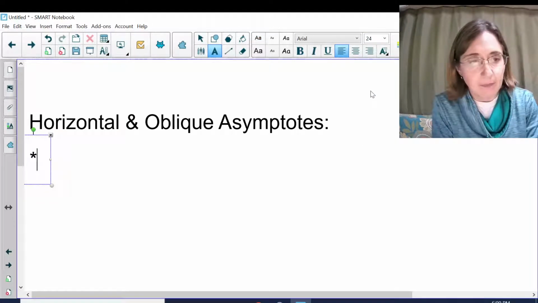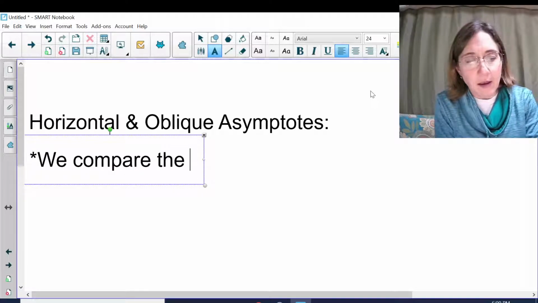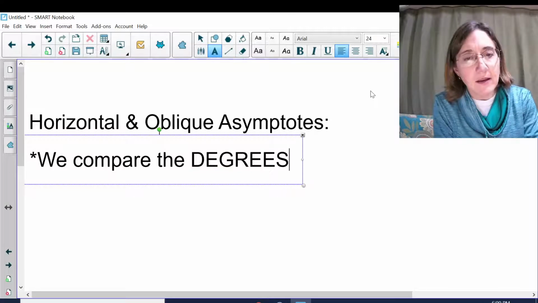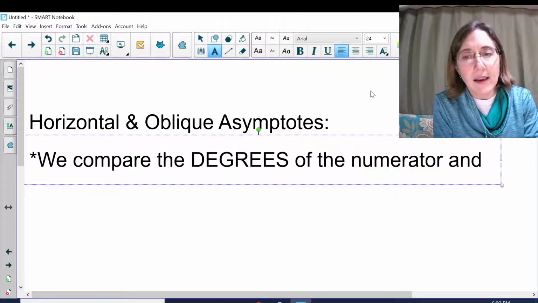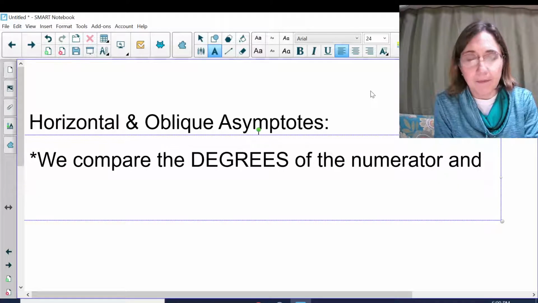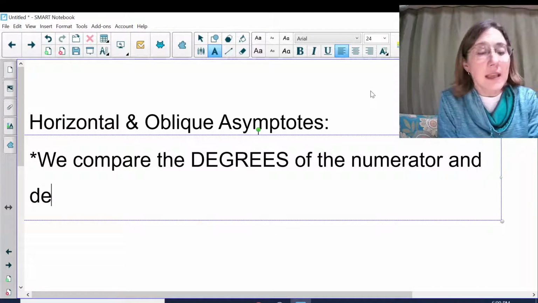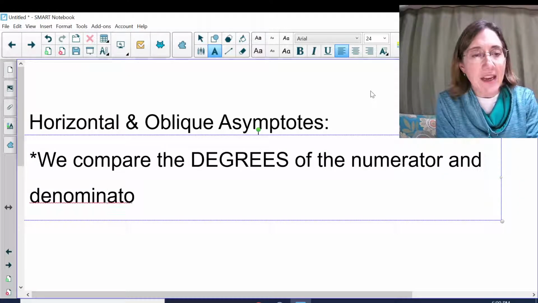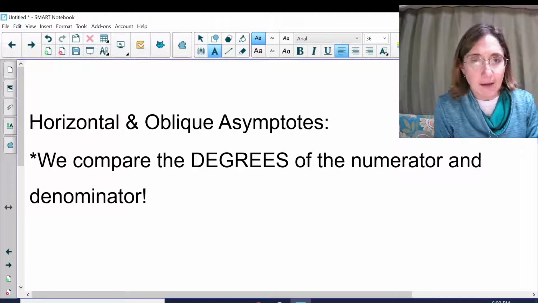We compare the degrees of the numerator and denominator. Okay, so with that,